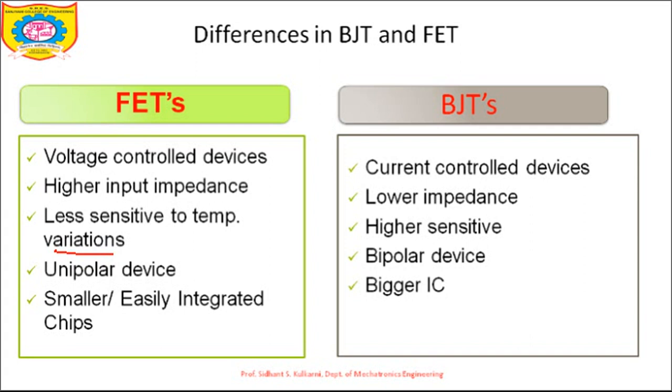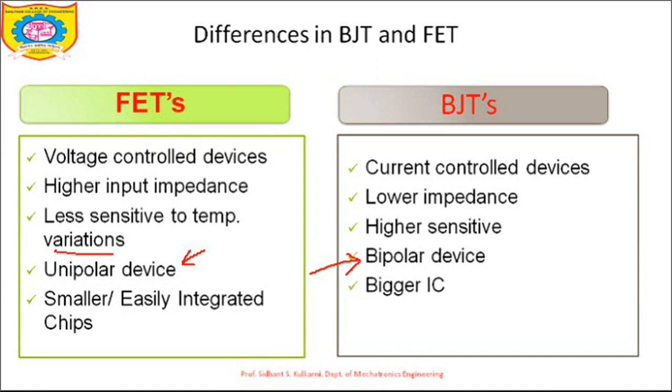Another thing is that FETs are unipolar devices. Current flows due to either electrons or holes, so depending on that, it is called a unipolar device. But in case of a BJT, we consider two currents. If you do remember, one is the diffusion current and one is the leakage current. Diffusion current is the current flowing in the device because of the majority charge carriers, and leakage current is the current flowing in the device because of the minority charge carriers. So diffusion current and leakage current are two important currents when we study the BJT. So BJT current depends on both these parameters.